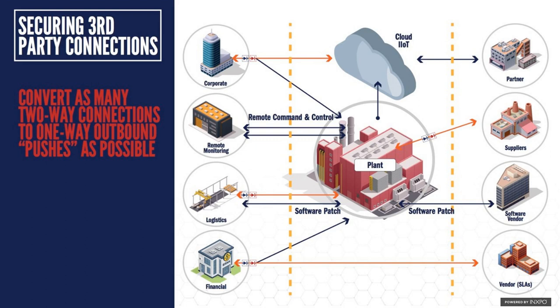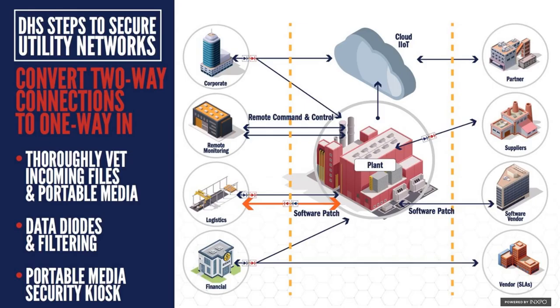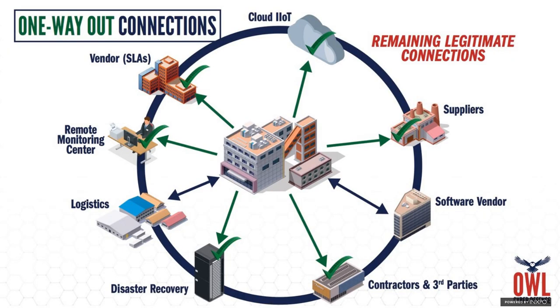You describe to me what you need in terms of data to do the functionality and perform the operation that you need to, and I'm going to push that data to you. I'm going to create a one-way path out, and I'm going to push that data to you. You get what you need to do your job, and now I've eliminated one of those threat vectors into my network.